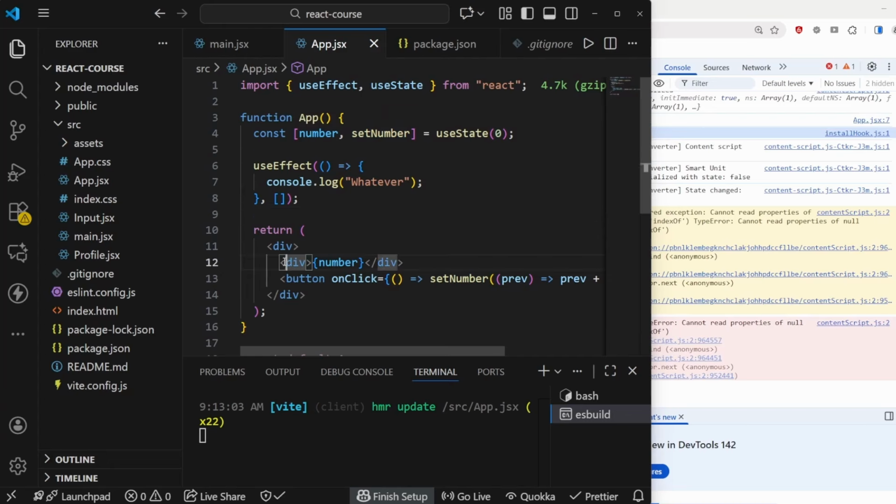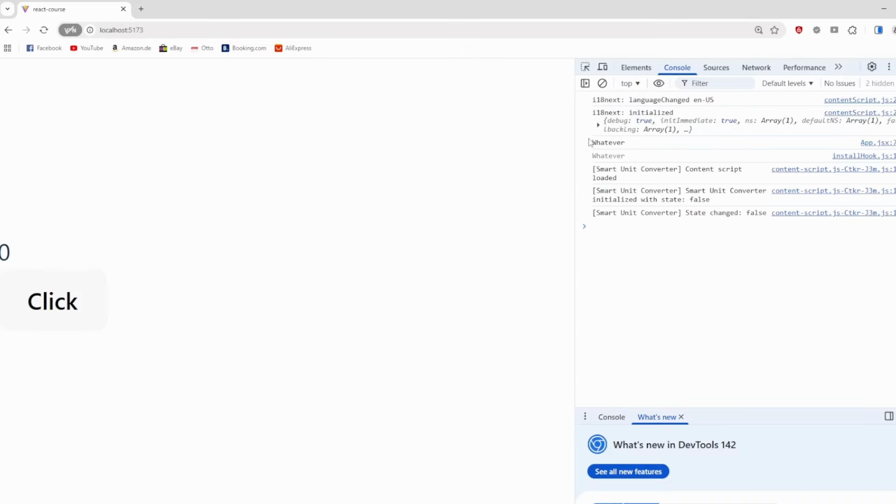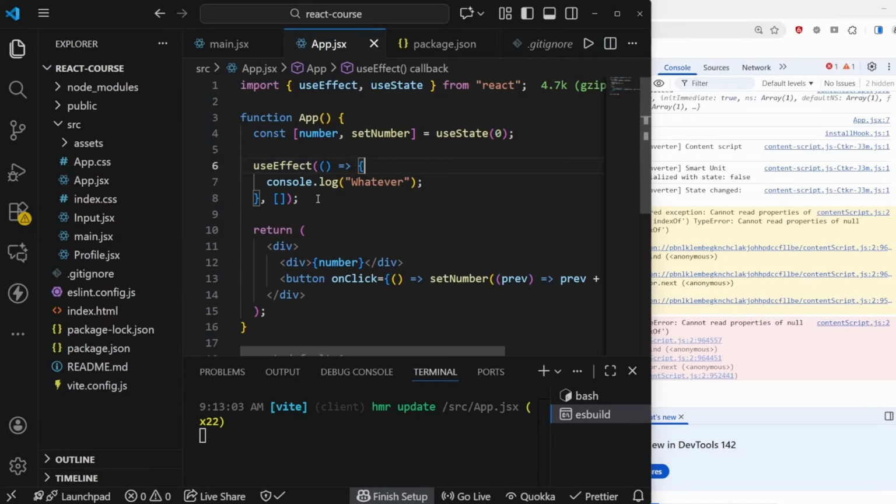Therefore, the component is going to re-render in order to update the number right here. So let me show you. We are updating, but we're somehow not seeing whatever again in the console. So this seems to only work once we load the component initially. So once I load the page, the useEffect hook seems to get